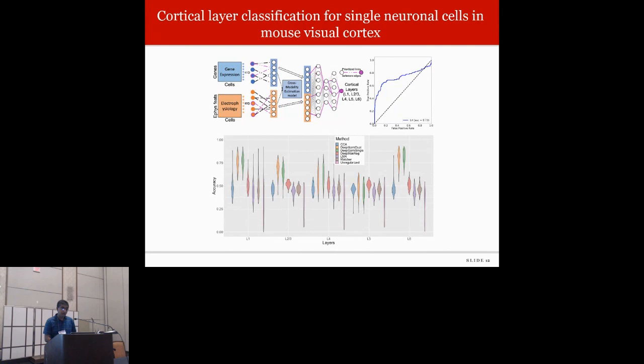existing approaches. And on the right side, what we have is a certain set of mouse cells which were only available for layer 4. It did not have electrophysiological features, it only had gene expression data. So we wanted to see how it performs, and we can see that it performs